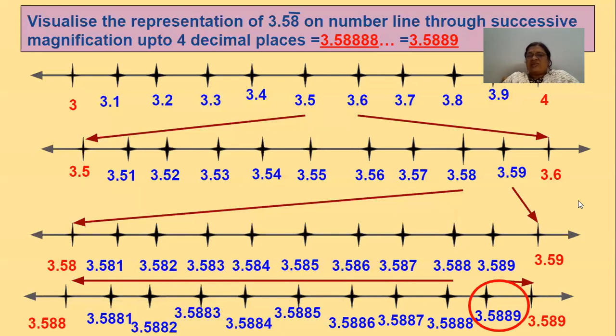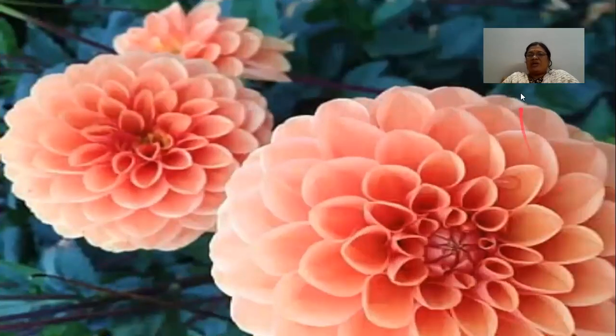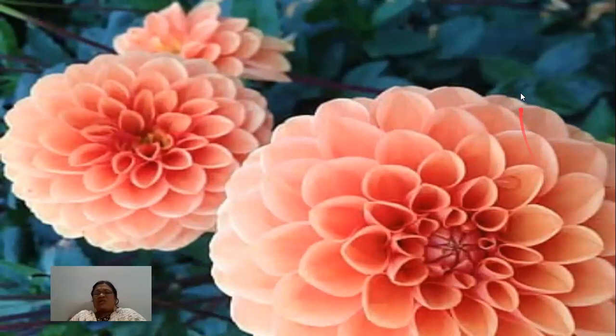I think each and every student has understood it. This is very important, and you may get this problem as a 4 marks question in 9th English medium, and you may be awarded 4 marks when you do this perfectly. I think in today's class each and every student has understood, and you may get this problem, representation, visualization, as a compulsory question in the final exam and essay 2 also.